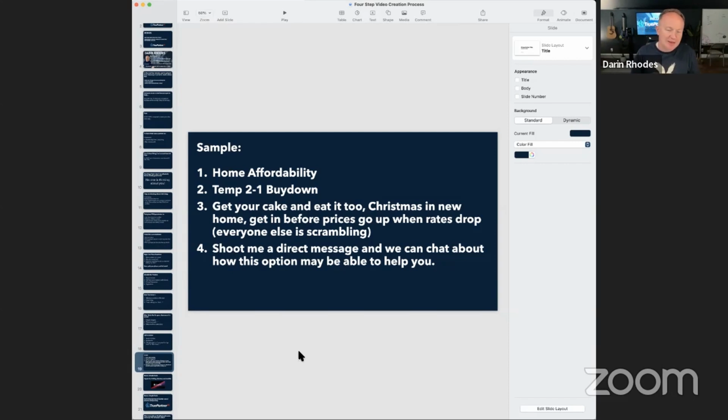And then the imagery, I kind of like picturing, all right, what's that person doing? Well, I like the whole idea of getting the cake and eating it too. I like, hey, picture yourself opening gifts on Christmas in your new house. You thought it was going to be next year, but it could be this year because of that 2-1 buy down. And guess what? If rates go down in 6 months, everybody's going to be scrambling again for a house, and you might have slim pickings, so think about how awesome it would be to be in your house while everybody else is scrambling. And then, okay, so if you want to learn more,